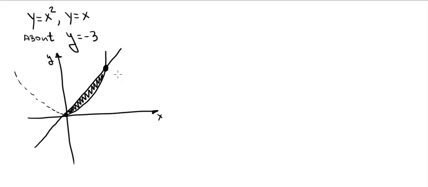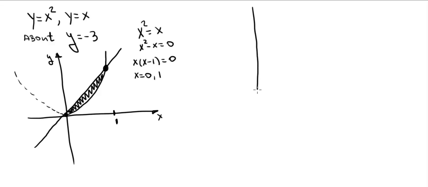We can find the points of intersection by inspection, or set the right hand sides equal to each other. x squared equals x, x squared minus x equals 0, x times (x minus 1) is 0, so x is 0 or 1. We just need the x coordinates of the points of intersection because we'll be integrating with respect to x. I'm going to go ahead and draw this region once again and see what we can set up